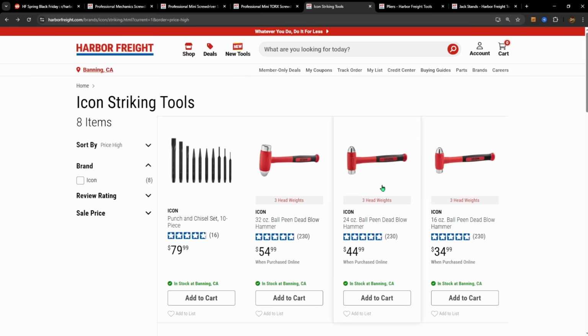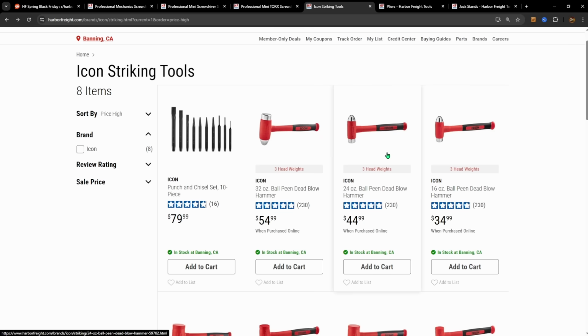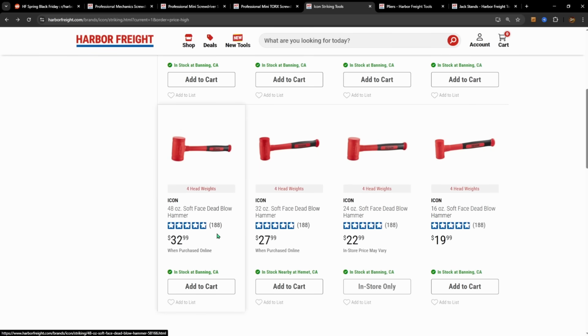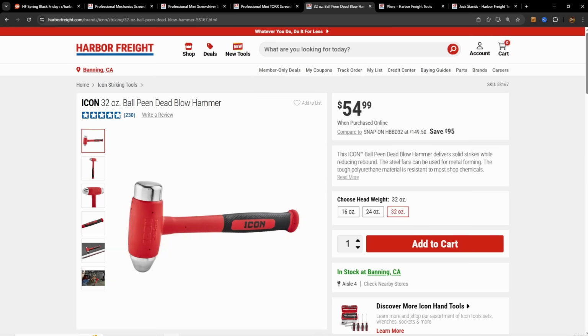Let's look at the Icon striking tools, which is the hammer. So you have the Icon 32-ounce ball peen dead blow hammer, the 24-ounce, and the 16-ounce. And then you have the more standard dead blow hammers, the 48-ounce, the 32-ounce, the 24-ounce, and the 16-ounce. So I don't think I realized how expensive this 32-ounce ball peen dead blow hammer is. The 32-ounce one,